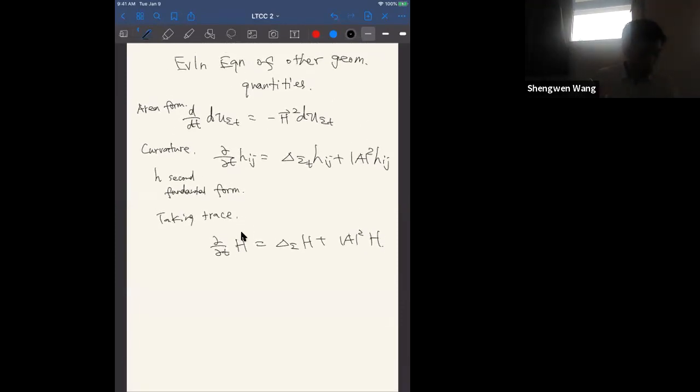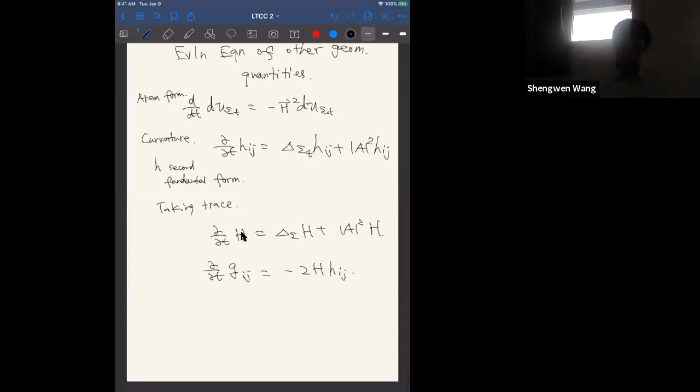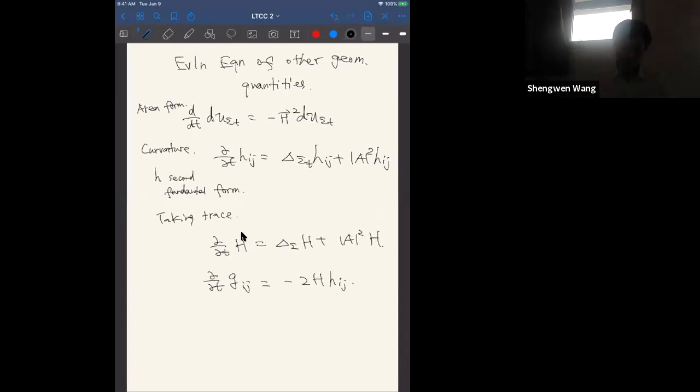Well, there's another one that I want to write down. So the evolution of the metric. These are all included in the lecture notes, but we will also use it at some later point for applications. All right, so the evolution of the induced metric is equal to -2 times the mean curvature times the second fundamental form. And combining these two, for any delta greater than 0, you have H_ij minus delta G_ij is equal to